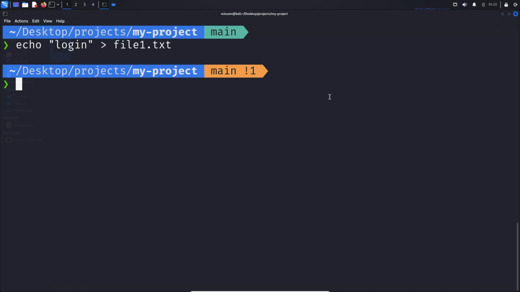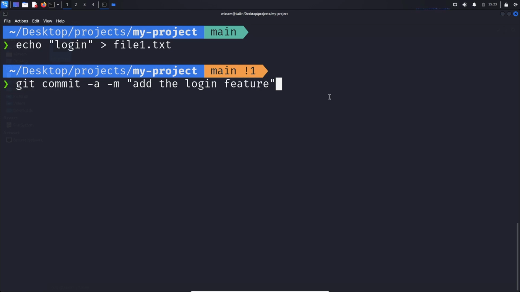So now instead of adding the file1.txt to the staging area and then creating a commit, we can skip the staging area by executing directly the git commit command and supplying the -a option to commit all the changes. Okay, so we will commit all the changes that we have made in our repository. And then we will use the -m option to specify a message. For example, add the login